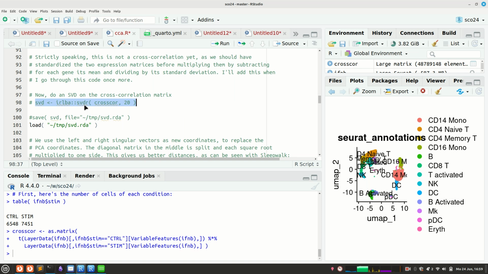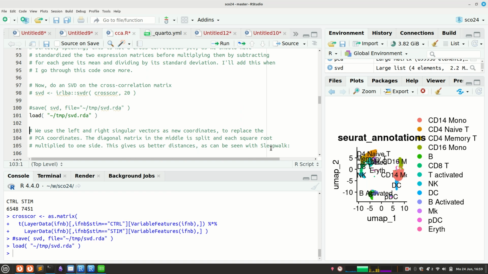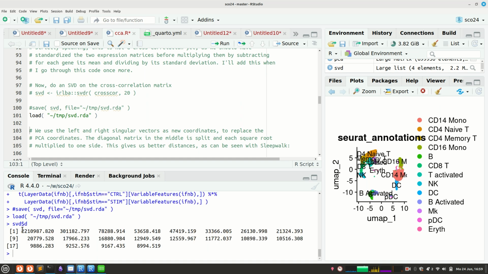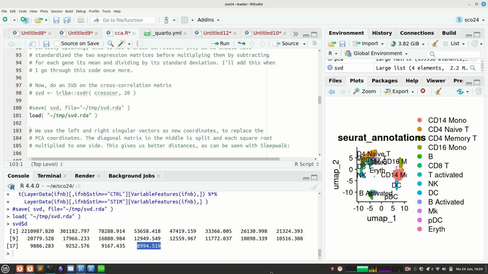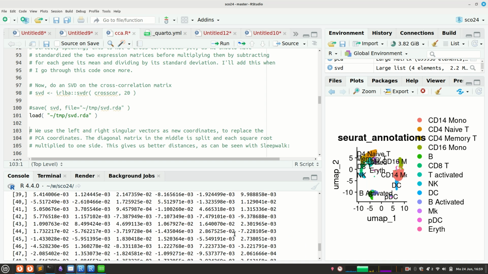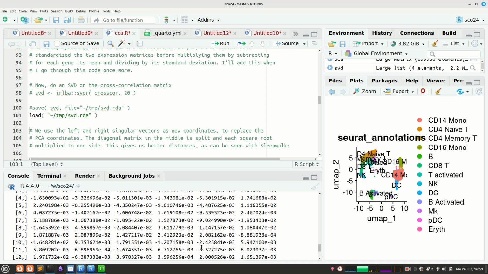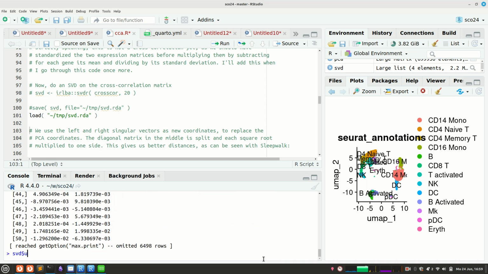I simply call this SVD function and tell it to find the top 20 singular values. If I do this, I now have SVD $B. And here you can see how quickly these values are reduced, so it makes sense to keep only the first couple of them. Here we now see for each control cell we get 20 coordinates, and for each stimulated cell we also get 20 coordinates. So these are the 20 coordinates for the 6,500 control cells and for the 7,500